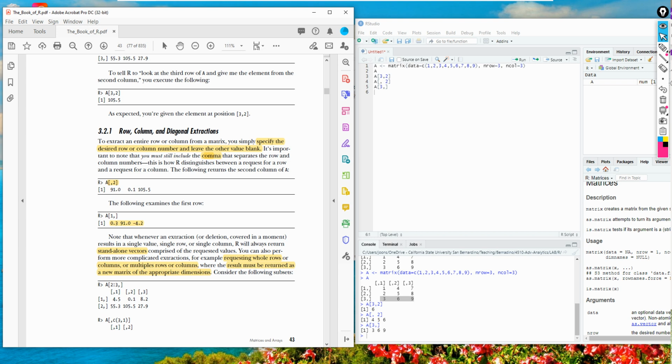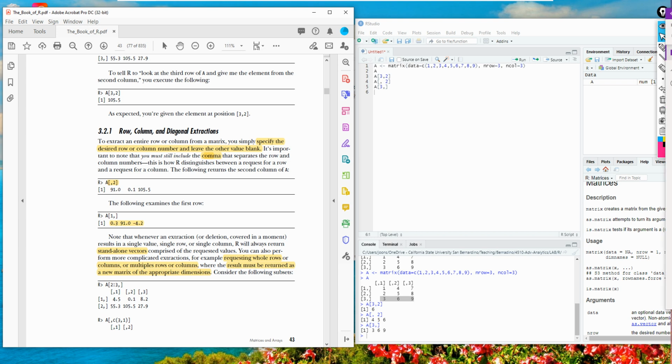Now, another example is to use the colon, for example, requesting the whole row. You can actually request multiple rows and columns, where the result must be returned as a new matrix. So this is another important concept you should know.